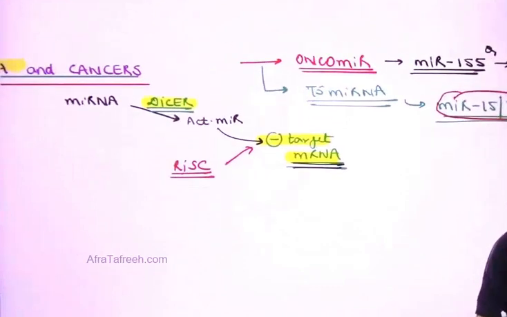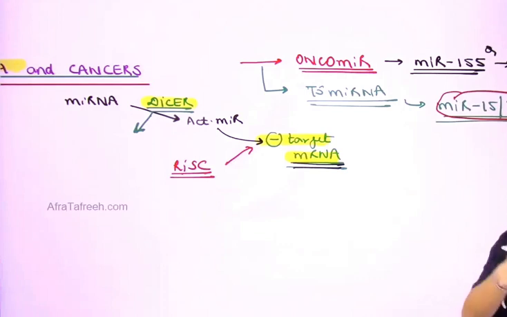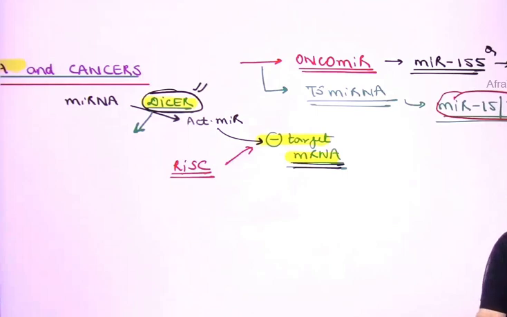Additionally, suppose there is a patient who is having a mutation in Dicer. So the microRNA will not get converted into its active form, and these are the individuals who are going to have high chances of development of gonadal tumors. So testicular tumors and ovarian tumors are more commonly seen if there is a Dicer mutation.